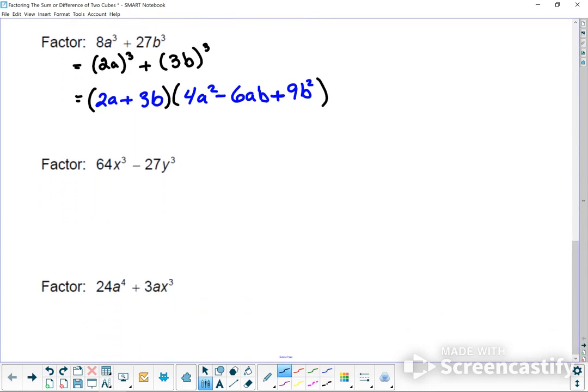Okay. This next one, 64 and 27. So I know 64 is actually 4 times 4 times 4, and the x to the third is just x times x times x. So we'll have 4x to the third. And 27, I know is 3 times 3 times 3, so that's 3y to the third. So as soon as I get my cubes, I'm going to go ahead and do my factor. I have my small factor, and I have my big factor. Utilizing SOAP,